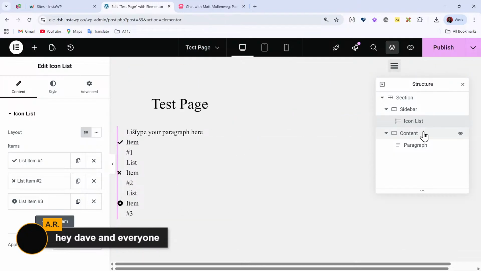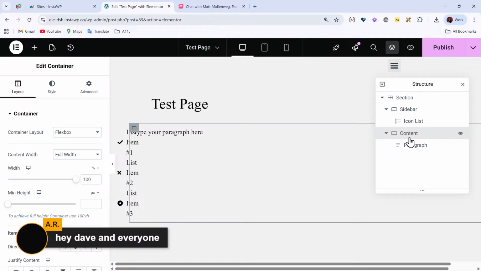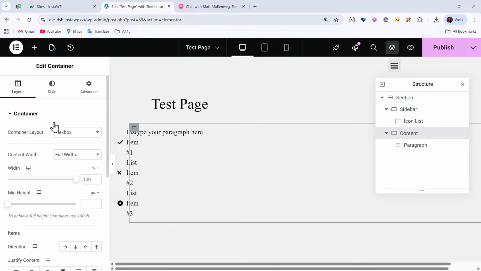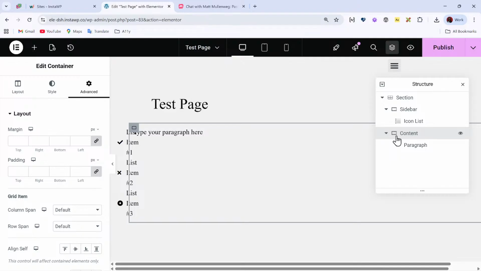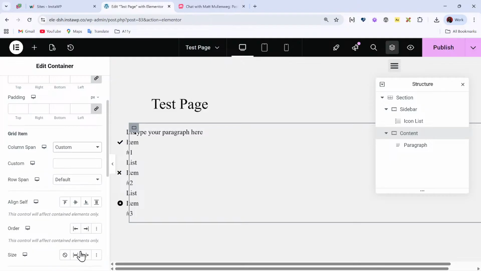Okay, so yeah, then finally we can now start putting them in the right section. So we want the content to be in the second grid column. So what we now do is go on the advanced tab of your content. You now go over to column span, and we choose custom,